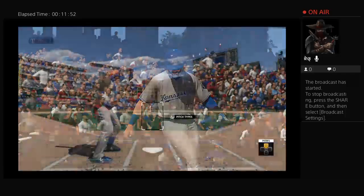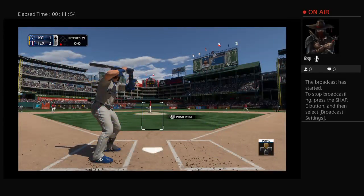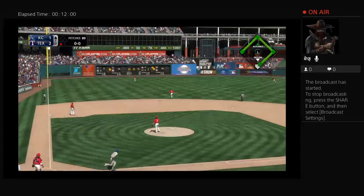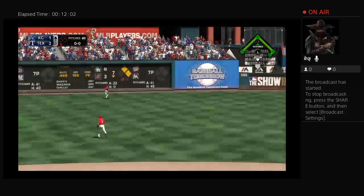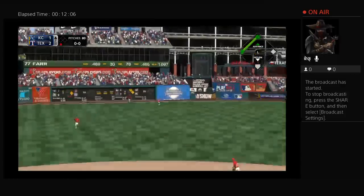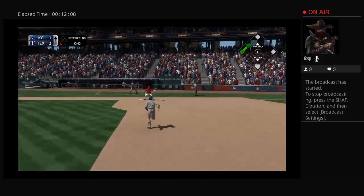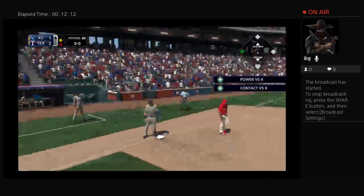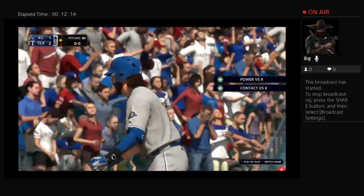Ready once again, Farr. Ready to deliver. Here's the first pitch. There's a swing, and he sends a ball high in the air into left field. But it bangs off the out-of-town scoreboard. The relay, and he'll make it to third safely, so your tying run is 90 feet away with only one